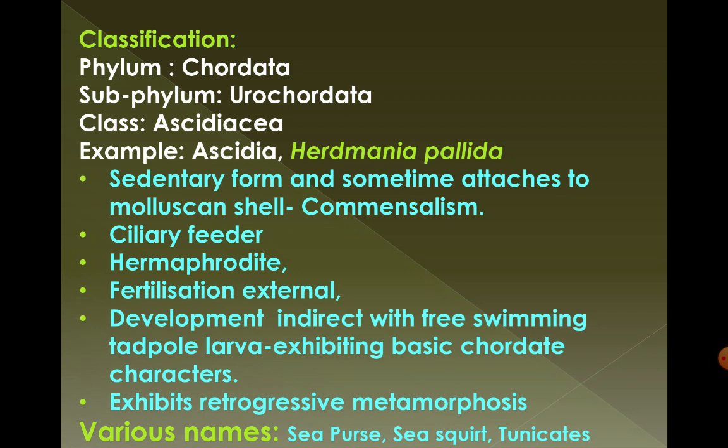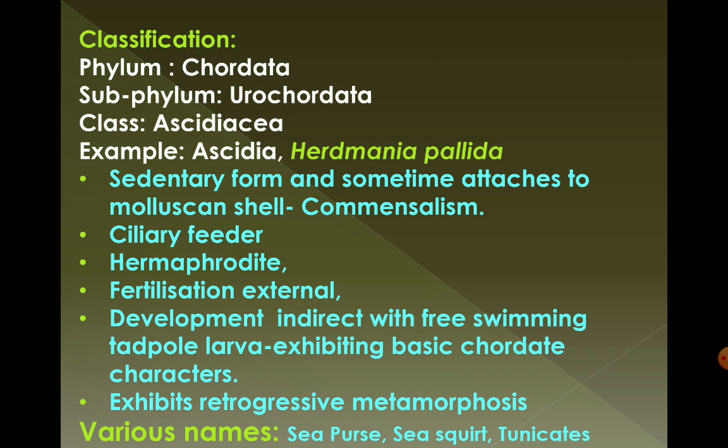It is also called a sea squirt because when the water enters into this sac-like body and it gets disturbed, the body contracts. As a result, when the body contracts, the water gets ejected in the form of a jet through these two apertures. That is, it ejects water very forcefully in the form of a jet, because of which it is called a sea squirt.